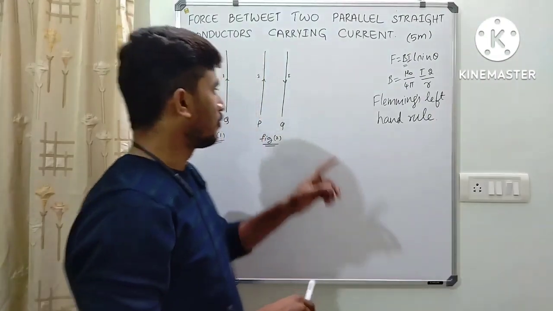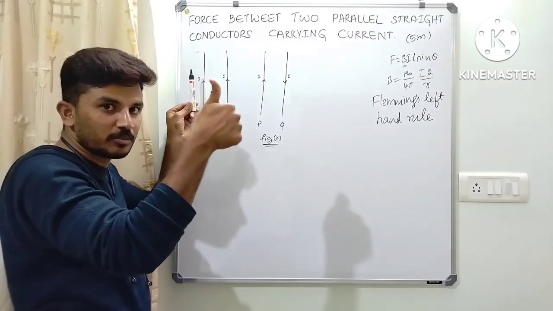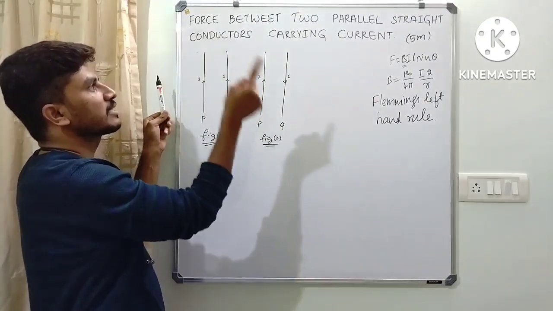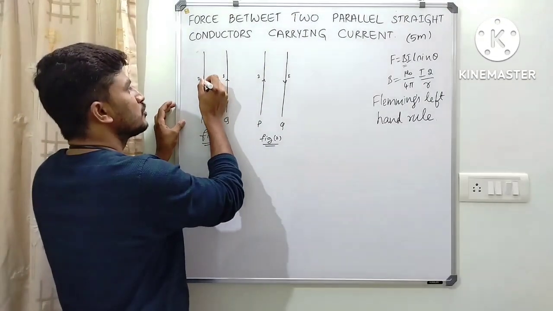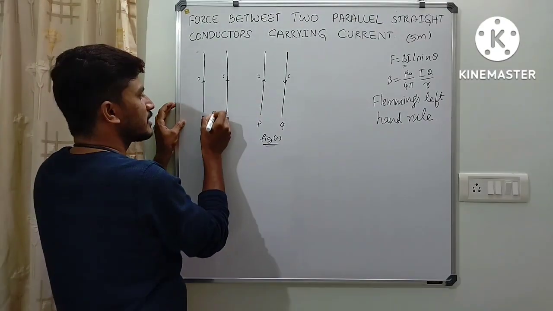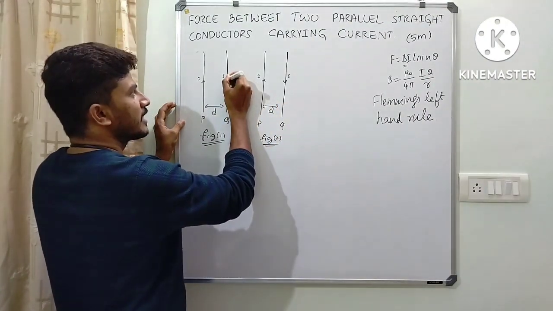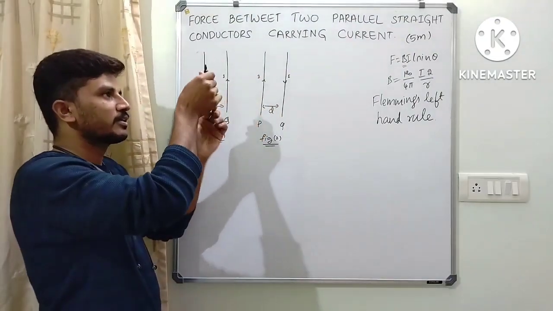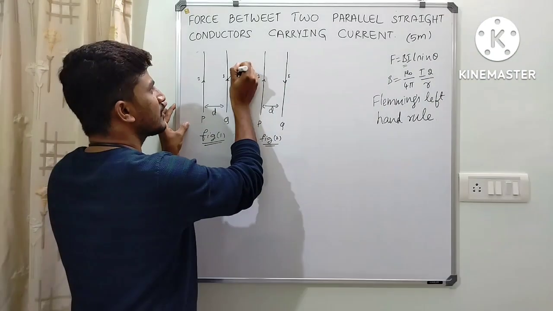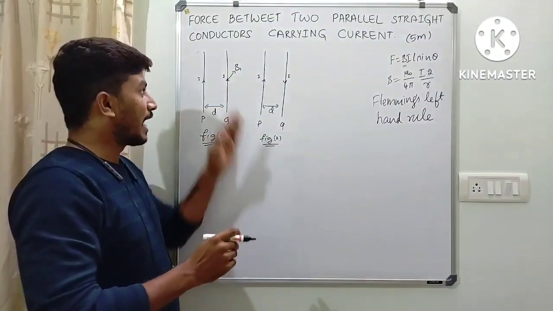Okay. Now here, according to right hand thumb rule, the direction of magnetic field produced around this will be like this. So the magnetic field produced due to first conductor at this particular point, let us consider the distance between the 2 conductors is d. Here the direction of magnetic field produced will be like this, into the plane of the board. Let me write like this. This is the magnetic field produced due to first conductor at this particular point. That will be into the plane of the board.